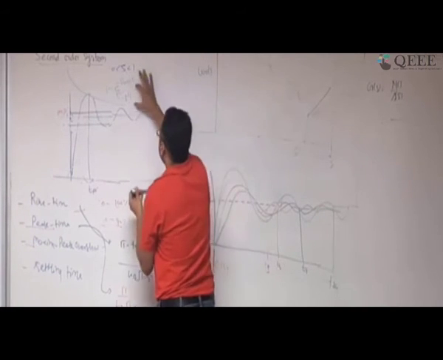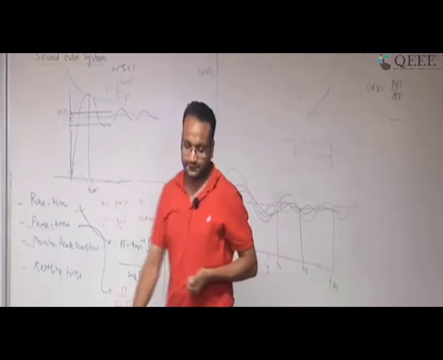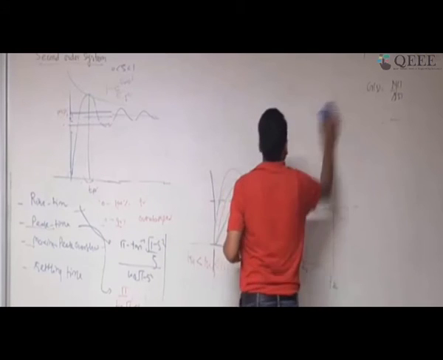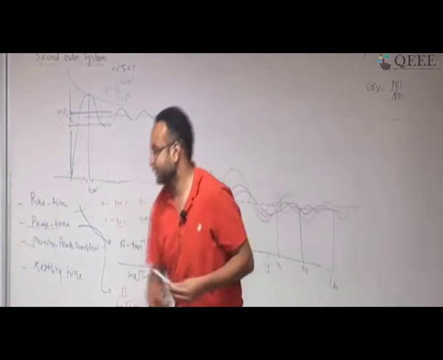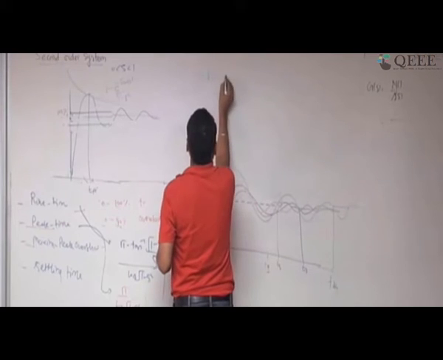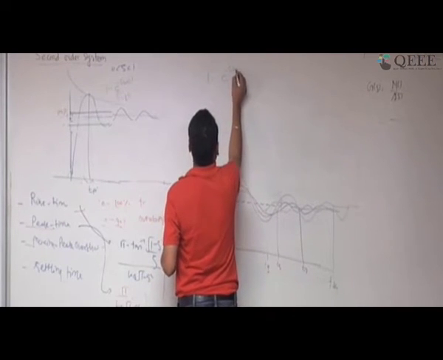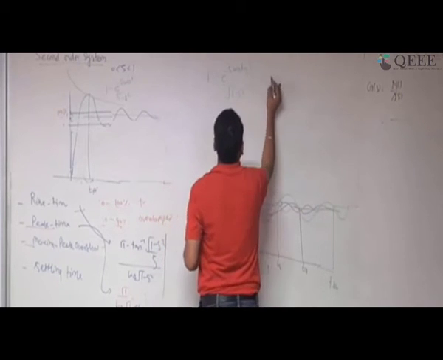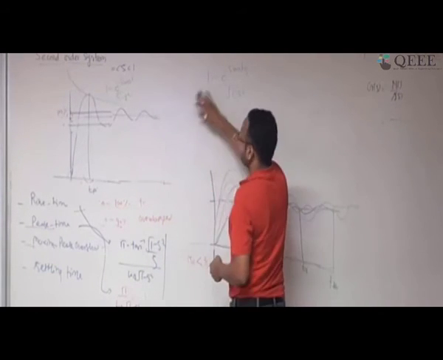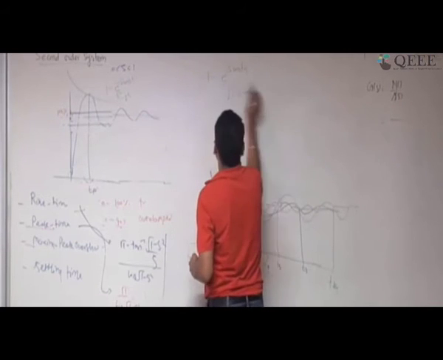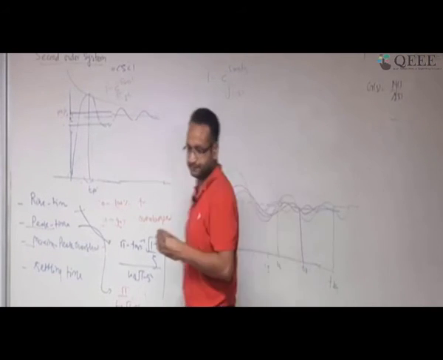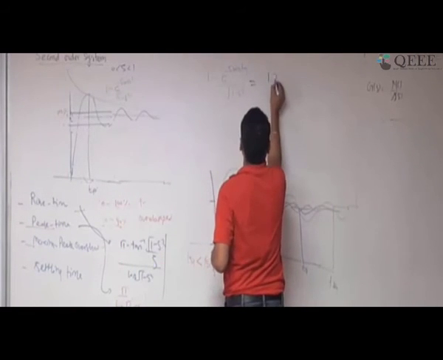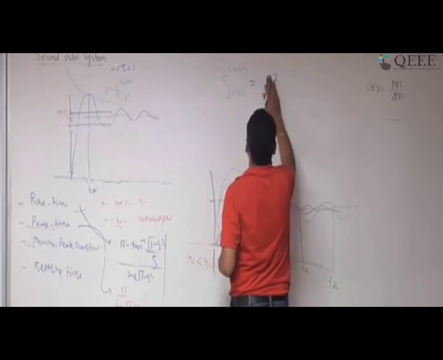Okay, so I can write the response in this manner: at what time 1 minus e to the power minus zeta omega n Ts over the square root of 1 minus zeta square is reaching a 2% tolerance band. Since I am taking it with respect to 1, this is going to be 1.2. So 1 will get cancelled out, and I am writing 0.2.